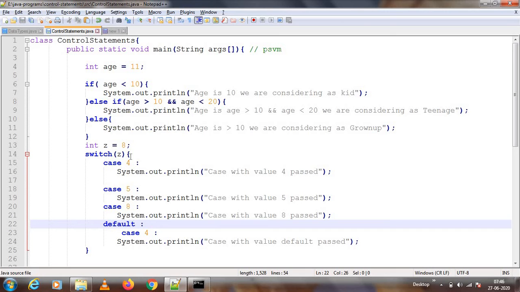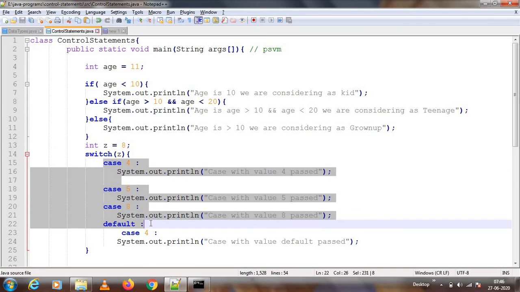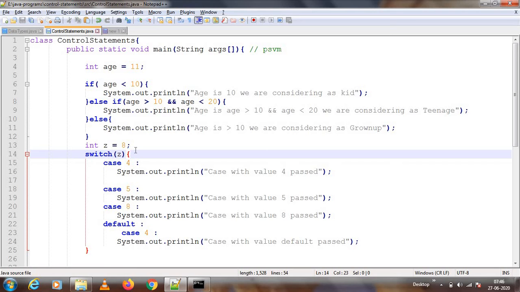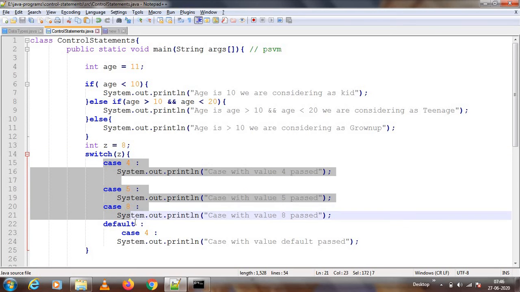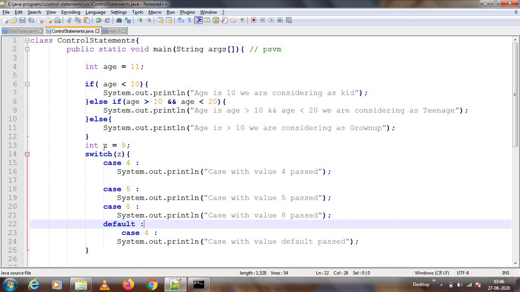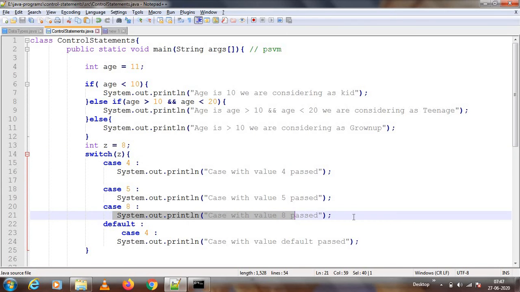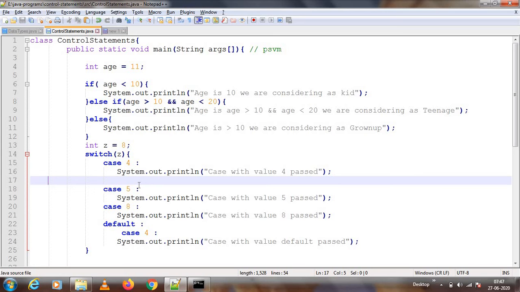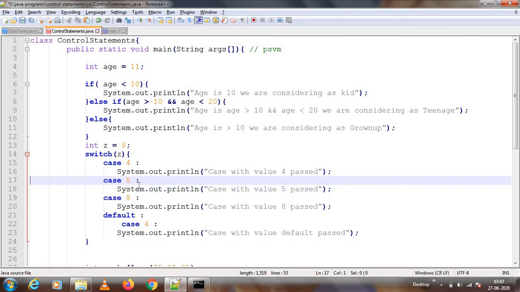So let us run now. What we have given here, this same thing we can achieve with if else also. So this will be a short form of this. Let us try to run this. Now, z we are passing to the switch. Check wherever z is having 8, then print that case. Right. This is the case. If you see here, it will print everything. There is one mistake we are doing, that I will tell you after the compilation and running.